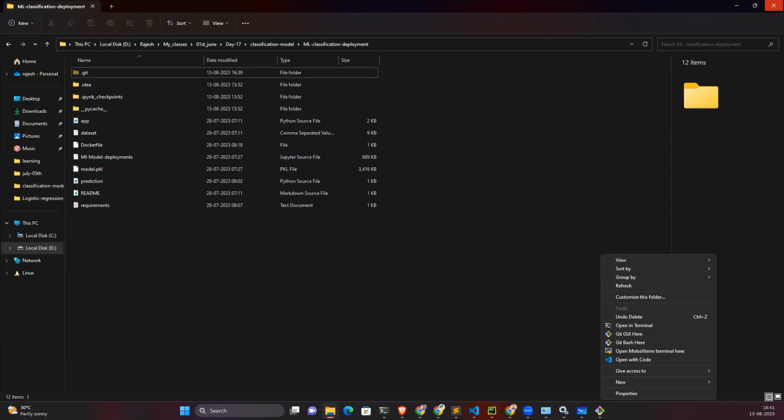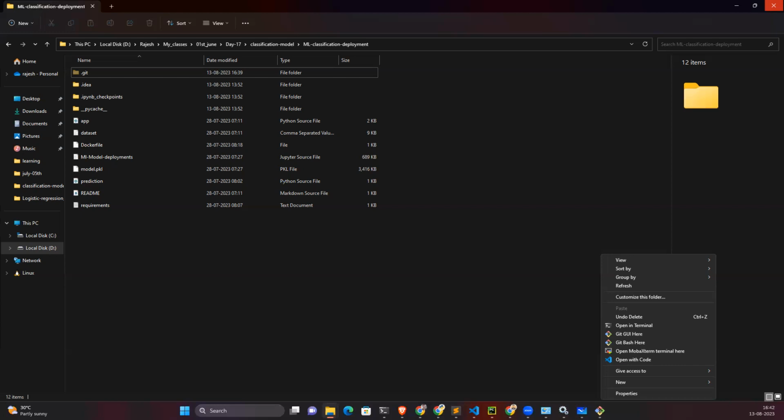Now here run this command, git init, once again. Type it. It is just 6 characters, my dear. Just type git init. Git space init.